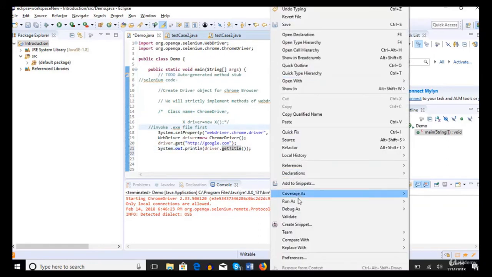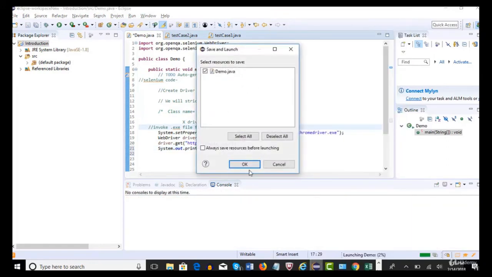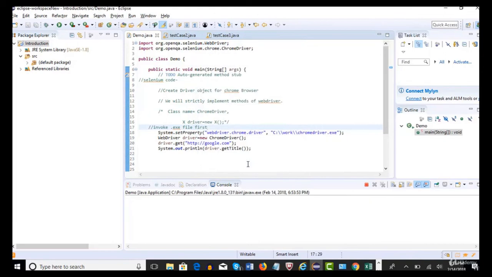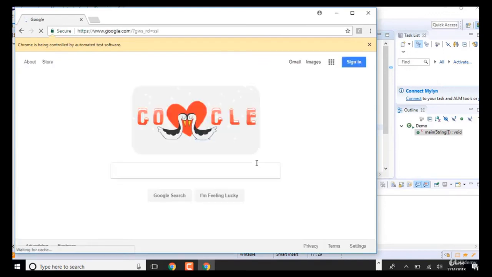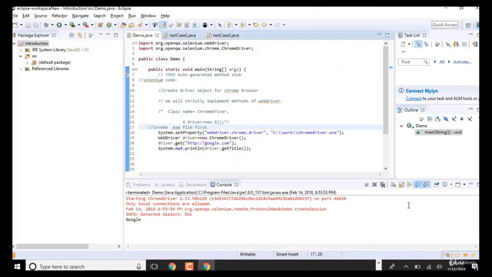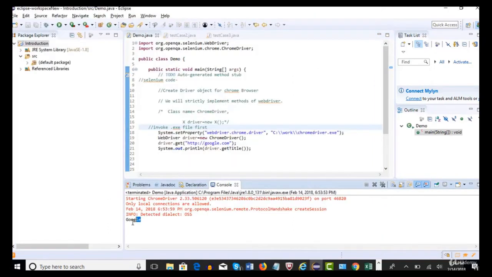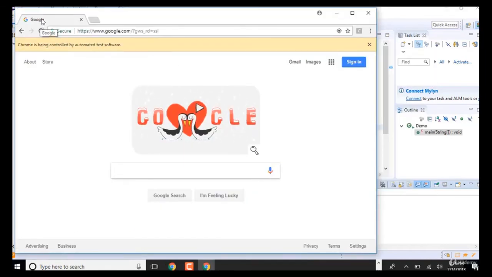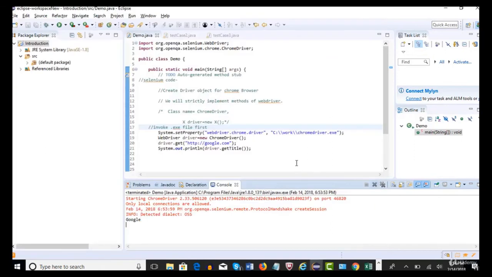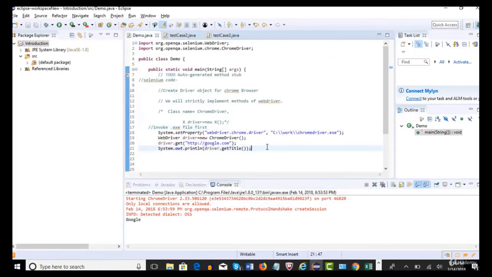All right, so let me run this again and let's see what happens. It should fetch us the title. First, the browser will open again using that chromedriver.exe, and thereafter it will hit google.com. Okay, and it grabbed. Let's see in the output. You see that Google is successfully printed, which is same as what is displayed here. Okay, in this way you can use this method to print the title of the page.